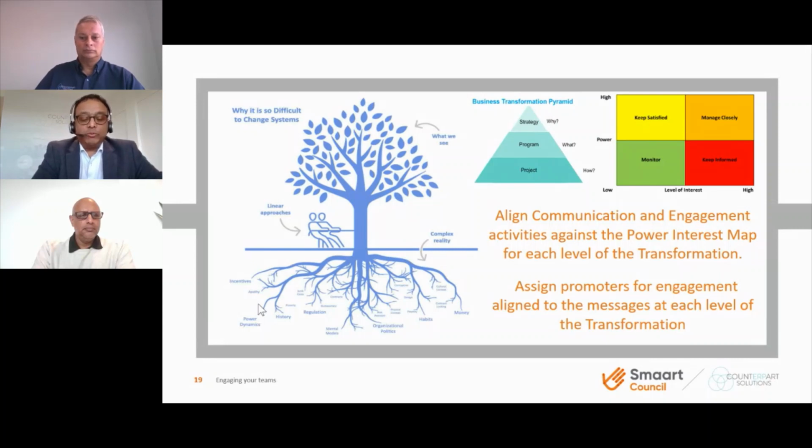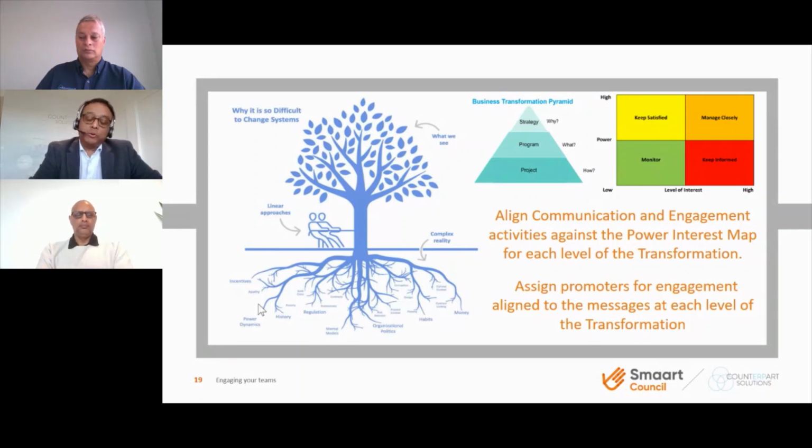So we've got the strategy: why we are doing it, when and what we are doing, and how we are doing it. So we need to translate that messaging from top down for the change to be successful. If you're looking at a smaller piece of change, sometimes it's easier because you're dealing with one group of people or one team, and it's easier to get them on board. But when you're looking at organizational change over a period of 2 years, we need to look at the bigger picture, and then translate it to how we're going to get to the end target state, and also understand the root causes.